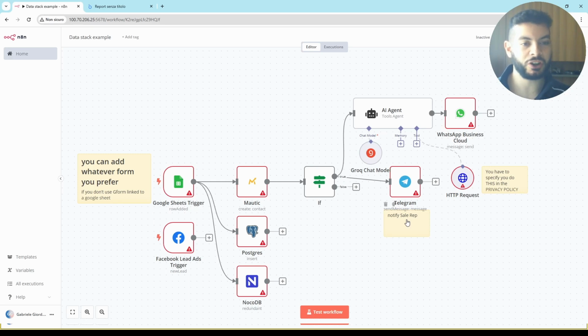In the case we just discussed, we have the data part, that is a form that brings the data inside a spreadsheet. Then the spreadsheet puts the data inside a specific, let's call it a spreadsheet for clients and potential clients, and it backups the data inside a proper database.